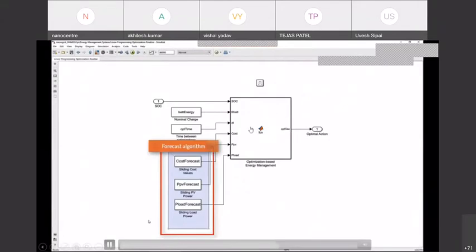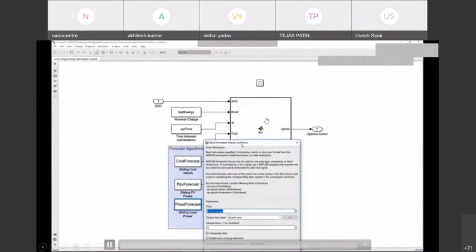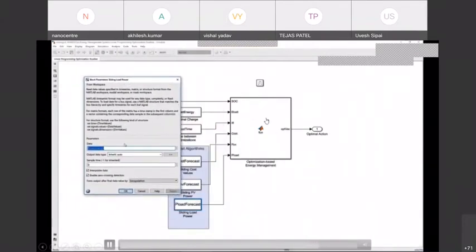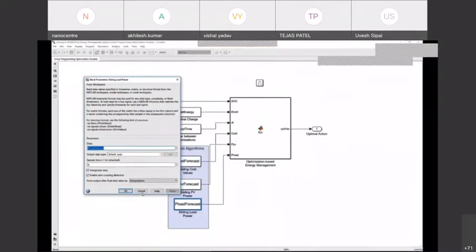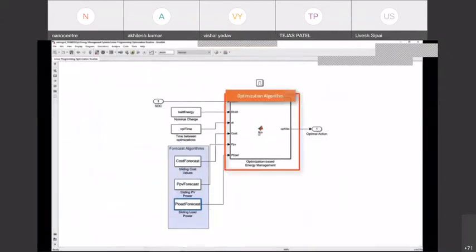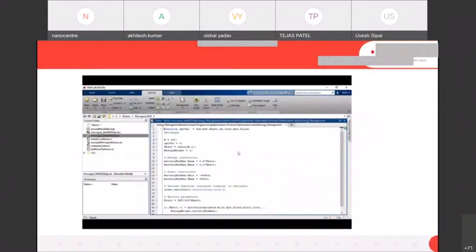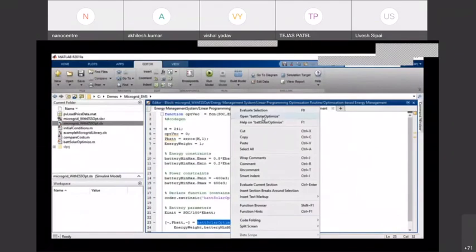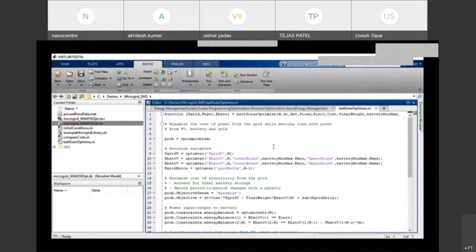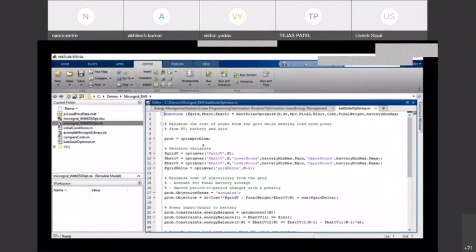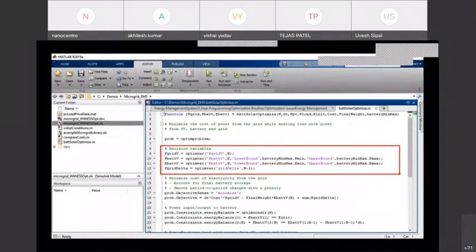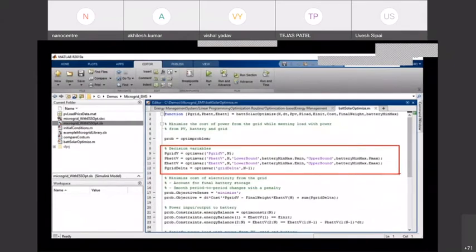Here you see this part which I am talking about. This is a MATLAB function block. Let's say some functions or blocks are not available in Simulink. You can use this MATLAB function block to write your code there. Okay, so to do this, if I go inside, three things we require. First, the variables which we are going to use for the optimization. In this case, the variables are the power from the grid, the power from the solar energy, and the storage energy in the battery.